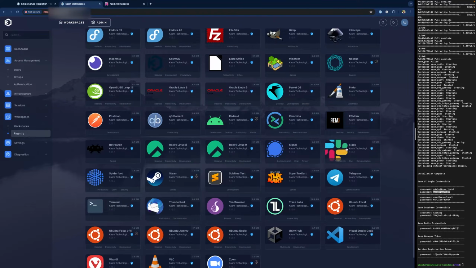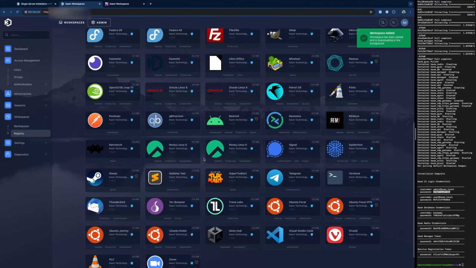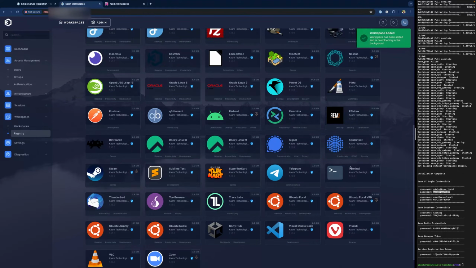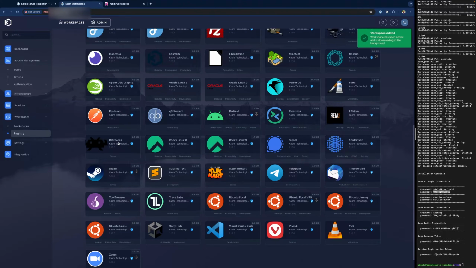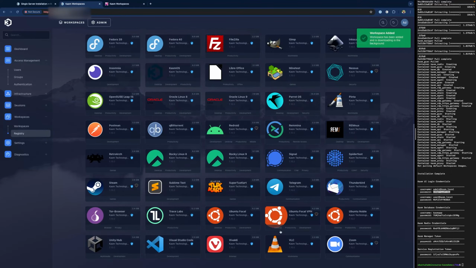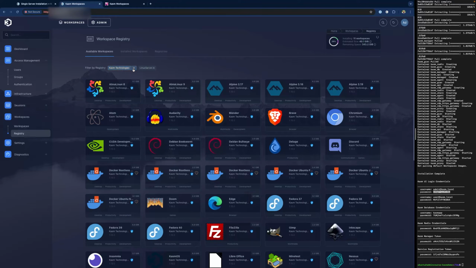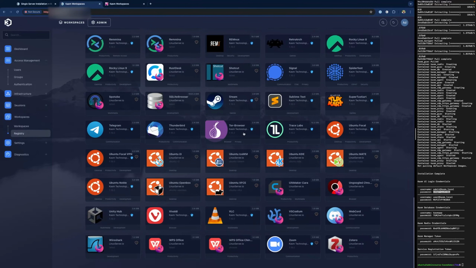OnlyOffice. Slack. Let's get terminal in there. We get a desktop. We'll do Ubuntu Jammy and Visual Studio Code. And let me take that filter off. I want Wireshark, so we'll go ahead and install Wireshark.